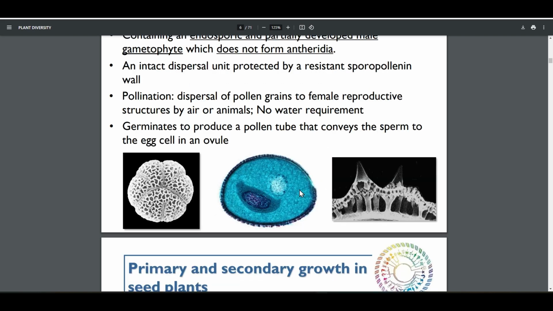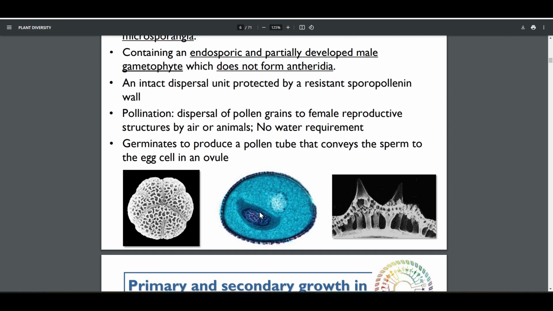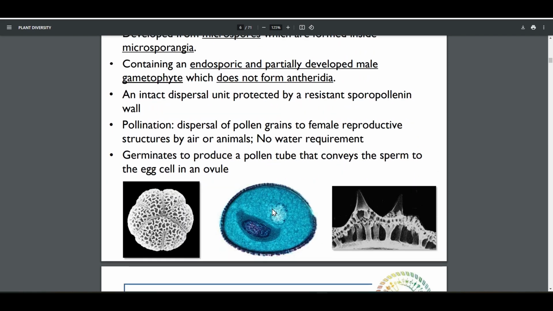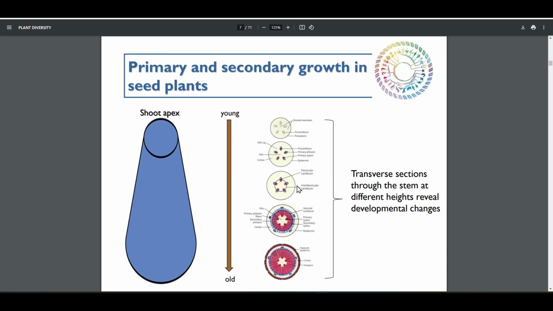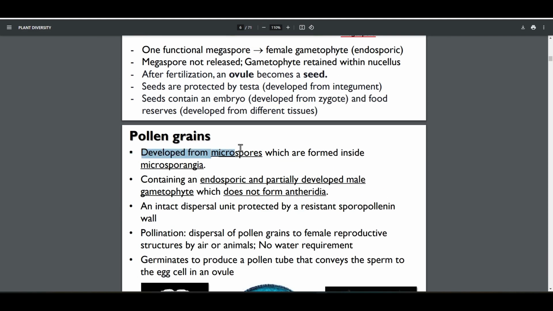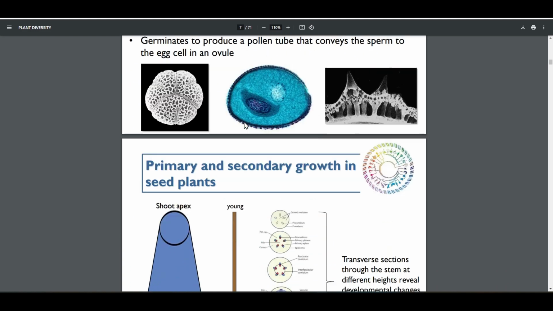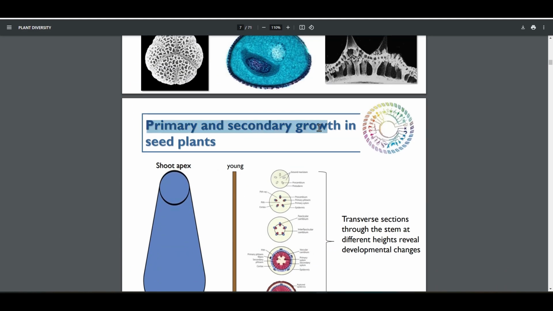So this image here is the pollen, or the male gametophyte, I should say. The male gametophyte only has 4 cells. It's a really simple structure, I wouldn't say organism, a simple stage of the life cycle. All right. So aside from the pollen grain and ovule, we also have different